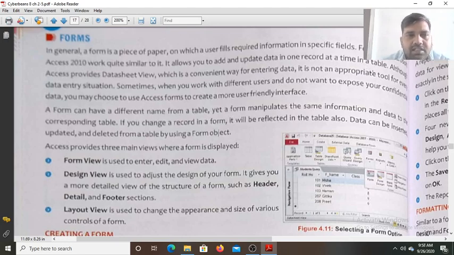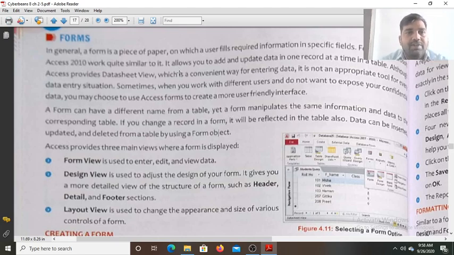So if you want to hide the other records from a third person, if you are working on the computer, you want to make sure that a person cannot see the entire records. If anyone is going nearby you, he can see at most only one record, some field values. He cannot see the entire record that you have entered before that. Like this you can provide security to the records of a table. So in that case you enter the records in the table with the help of the form.